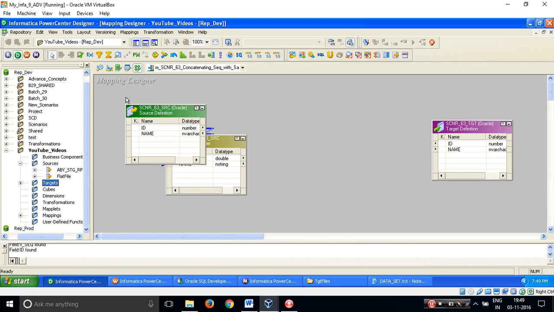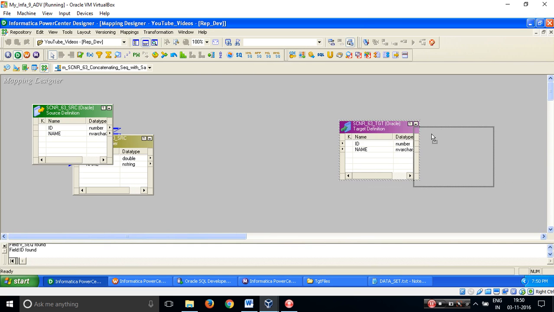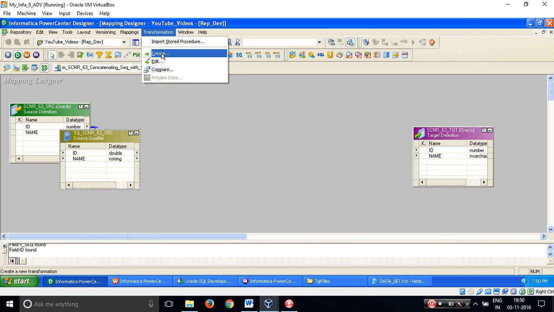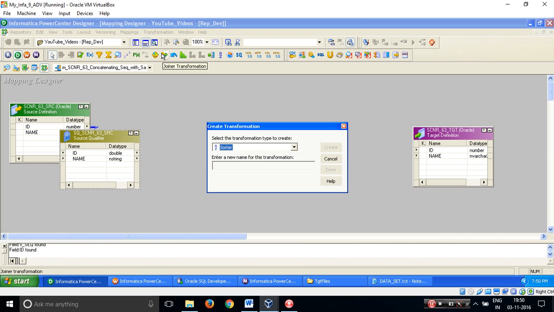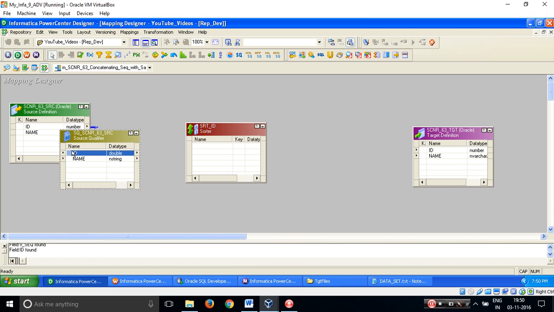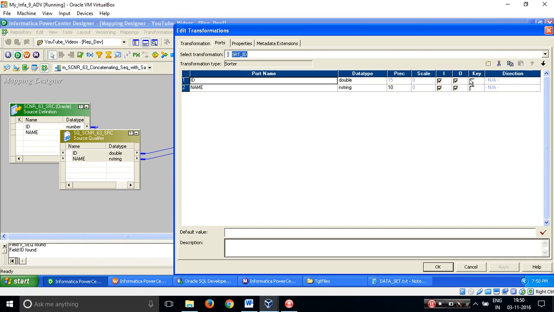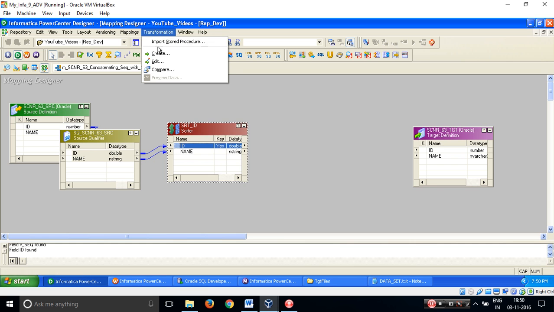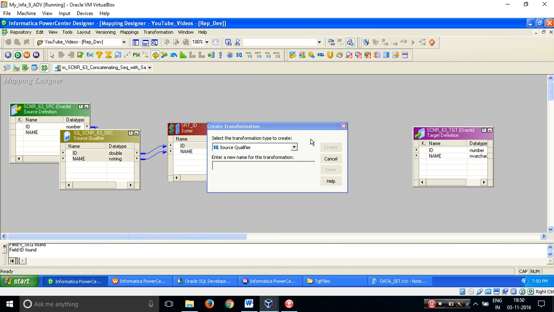I've already imported my source structures and target structures to save a little bit of time. In order to achieve this, first of all, I'll use a transformation called sorter. I will sort the data on the basis of the ID column. This is the ID column which is coming from here, ID and name, and let's sort this. Beautiful. Now let's use a transformation called expression,